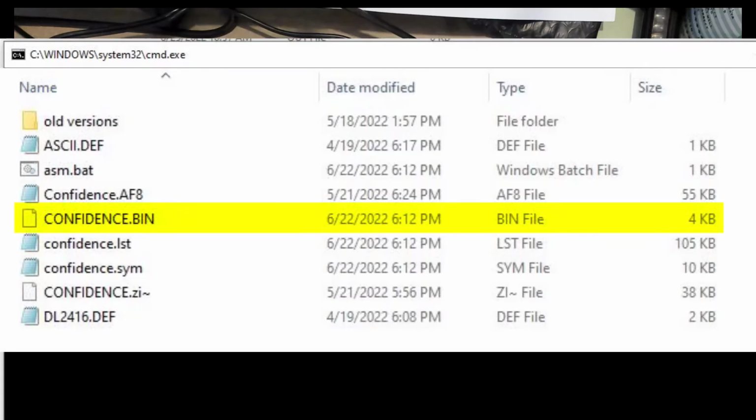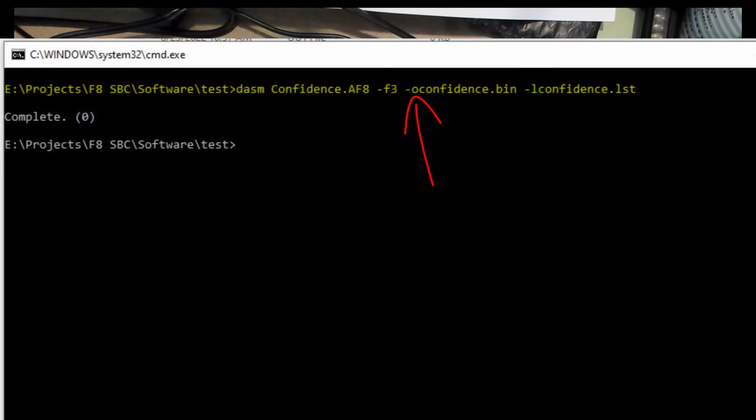Now that output is going to be a straight binary file. The little o is for the output file. Again, lowercase o. The lowercase l is for the list file, and then the file name. Notice there's no spaces between any of these switches and the file names. You can have spaces in file names, but you need to surround it with quotes or precede the space with